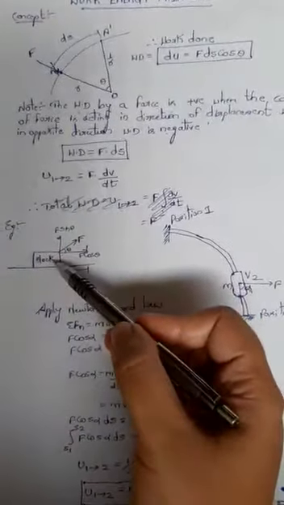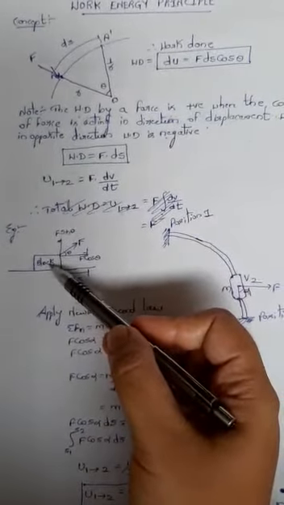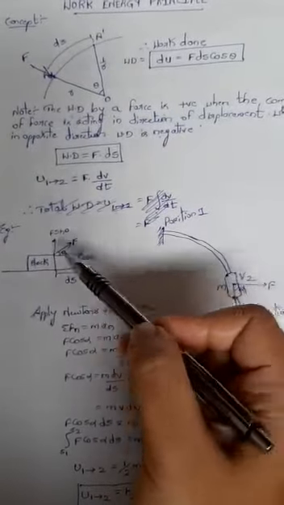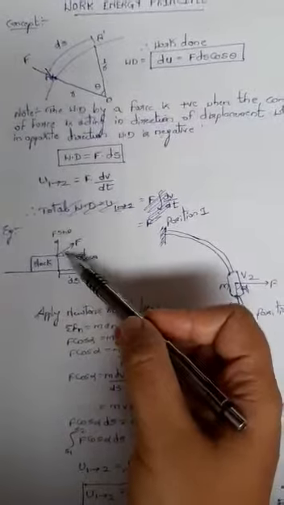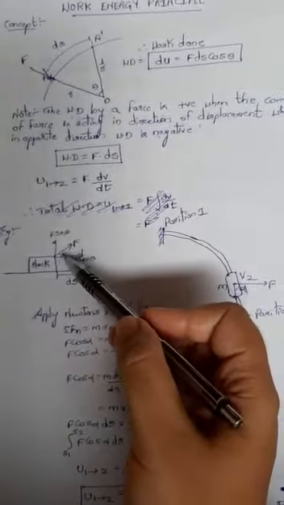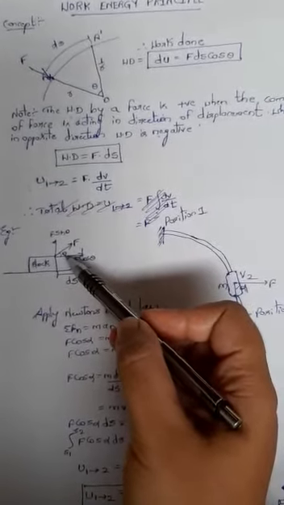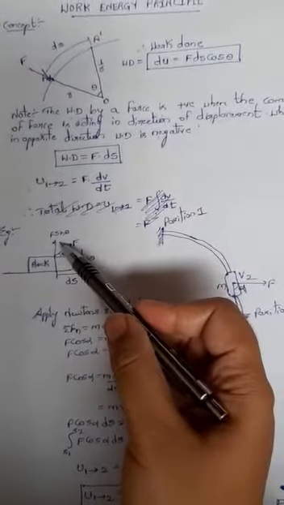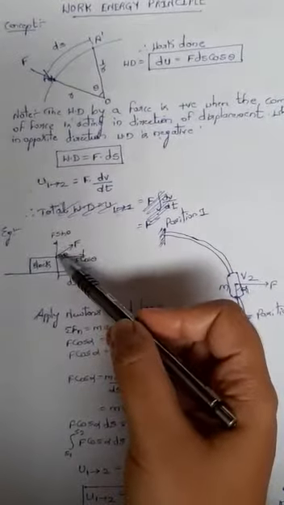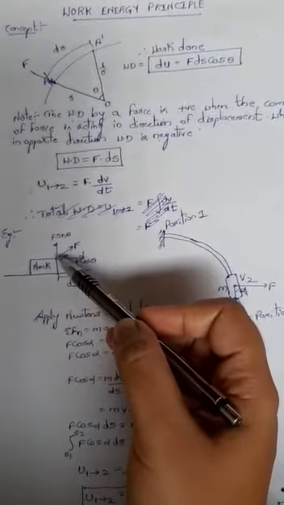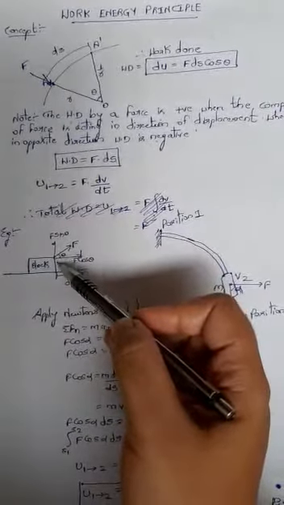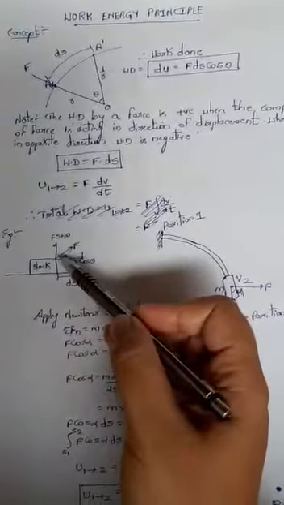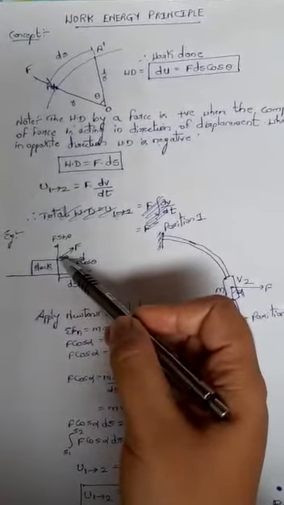Now explaining this with some simple examples. Let's say a block of some weight W equal to mg gets displaced from one position to another position. It is being pulled by a force F. Let's say that F is acting at some angle theta. So in this case, the components of force will be F cos theta and F sin theta. Let's say it is acting downwards. In that case, whenever this theta angle will be 90, the work done will be 0 here.